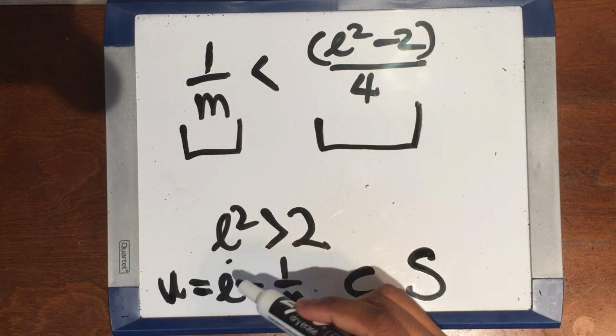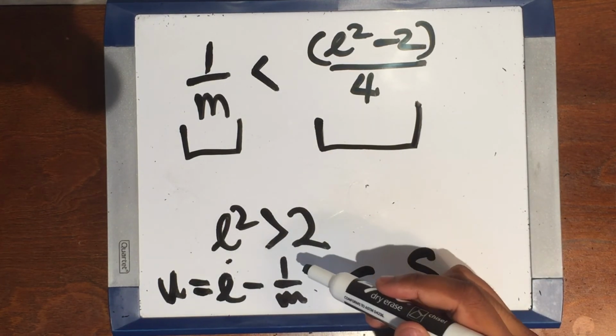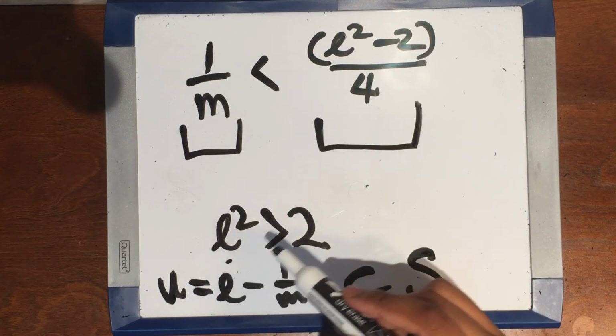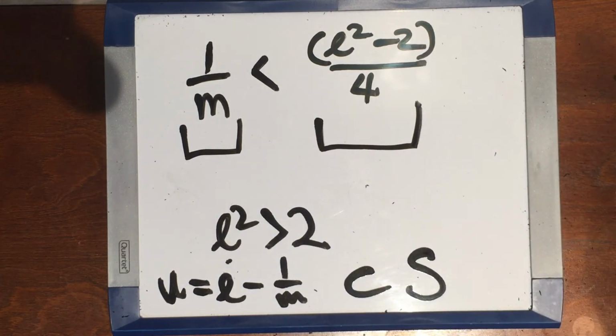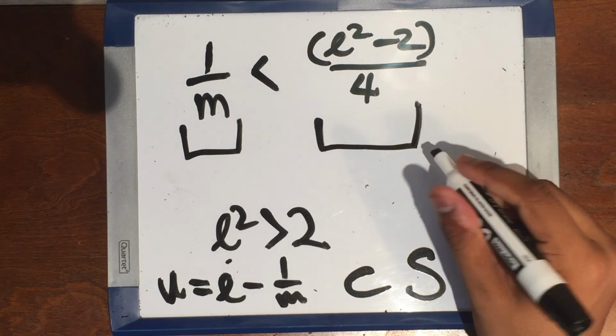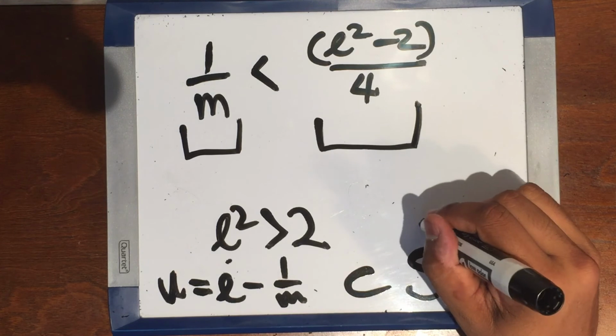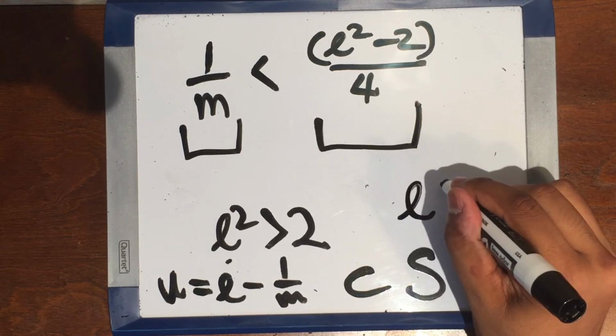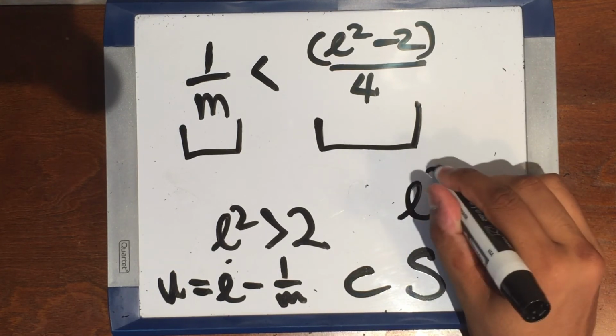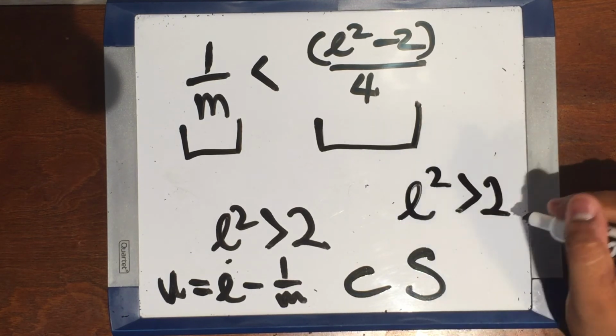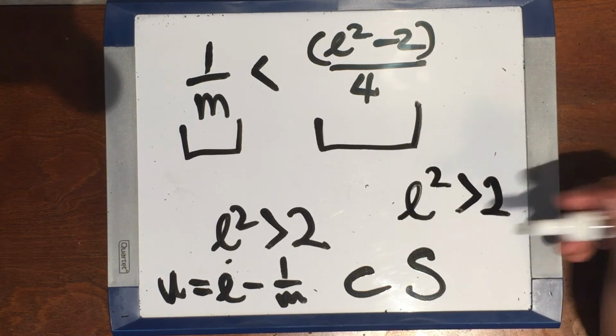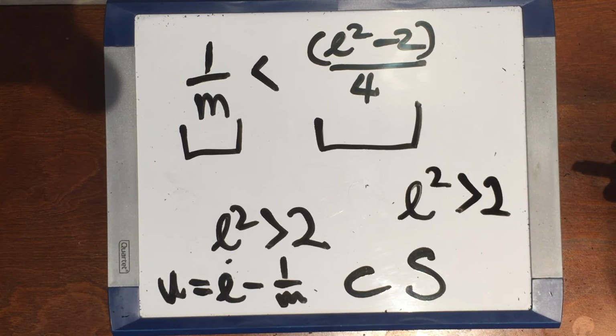Because if it was the least upper bound, then you wouldn't be able to subtract from that least upper bound and still be contained within our S. Or, in other words, the condition that L² is greater than 2 would not be true. And we can conclude, since L² cannot equal 2, that there can be no such least